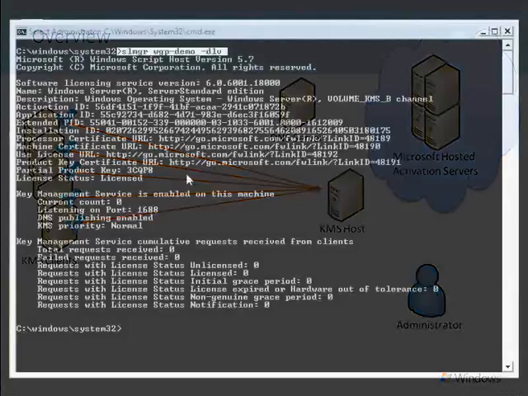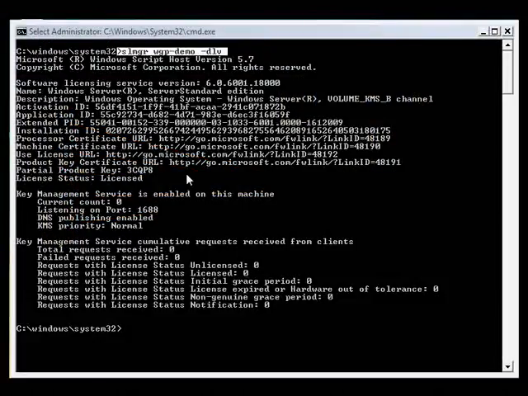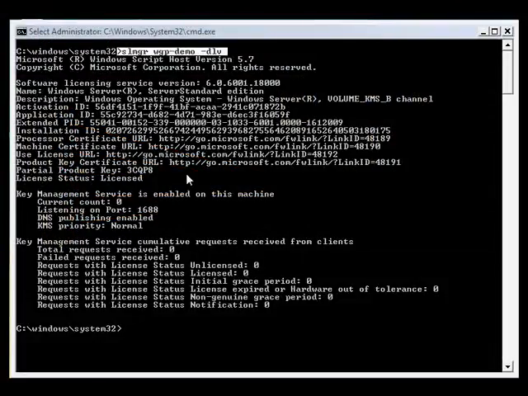Next, let's look at how we can use these tools on Windows Server 2008 R2. As I previously stated, the process for activating a KMS host is unchanged for Windows 7 and Windows Server 2008 R2. I'll be doing this demonstration on a Windows Server 2008 system. Here, I have a Windows Server 2008 computer that I have designated as my KMS host. I have already registered a Volume License Edition product key with the